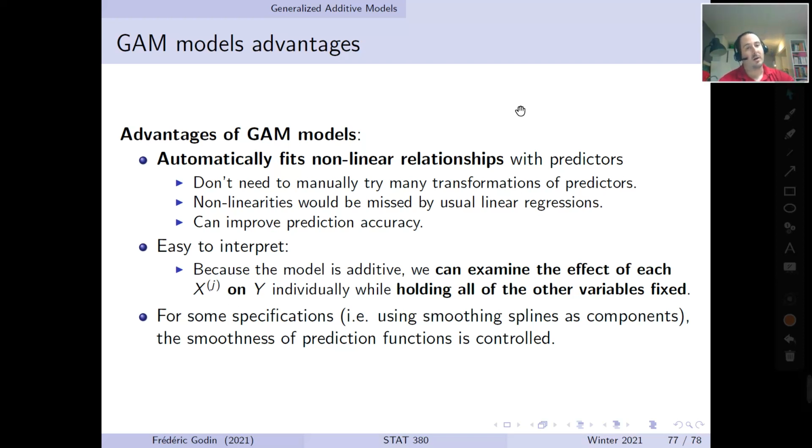Okay, so now we've discussed the backfitting procedure to estimate GAMs. We will end this chapter by discussing pros and cons associated with GAM models. So what are the advantages of GAM models? GAM models automatically fit nonlinear relationships. Okay, so if you have a GLM, for example,